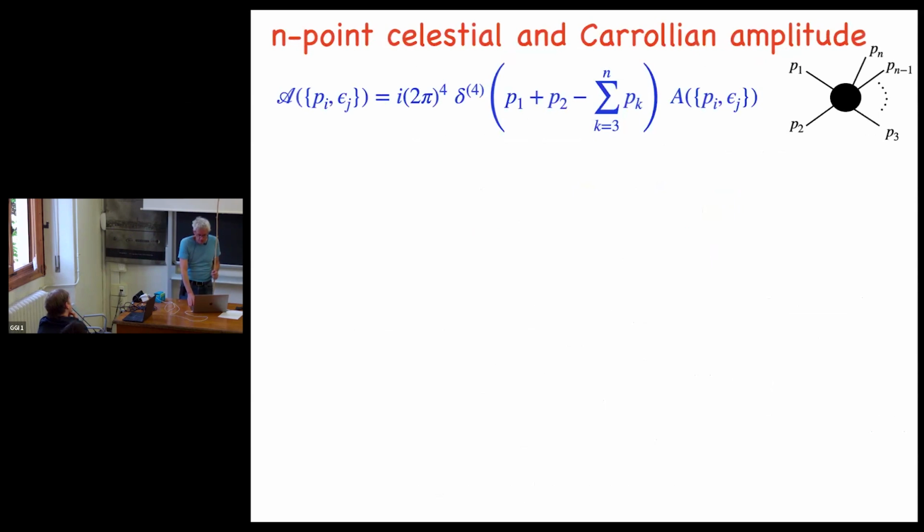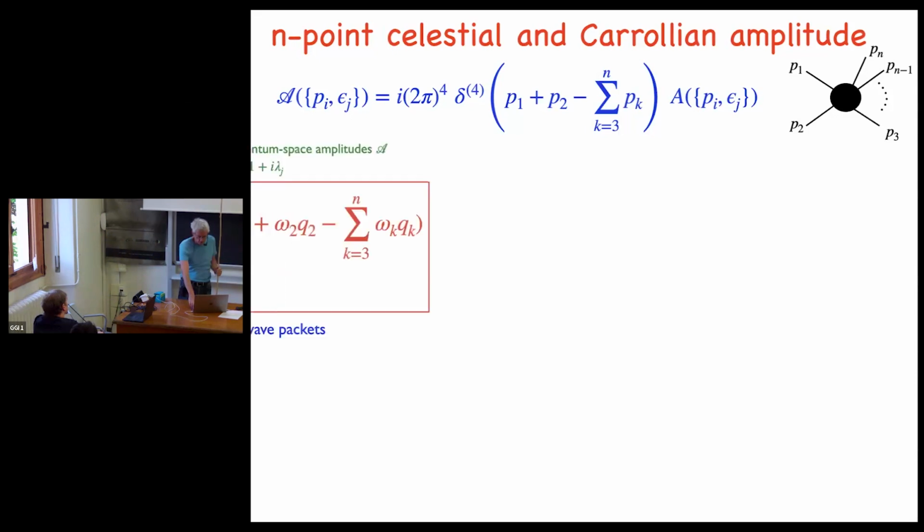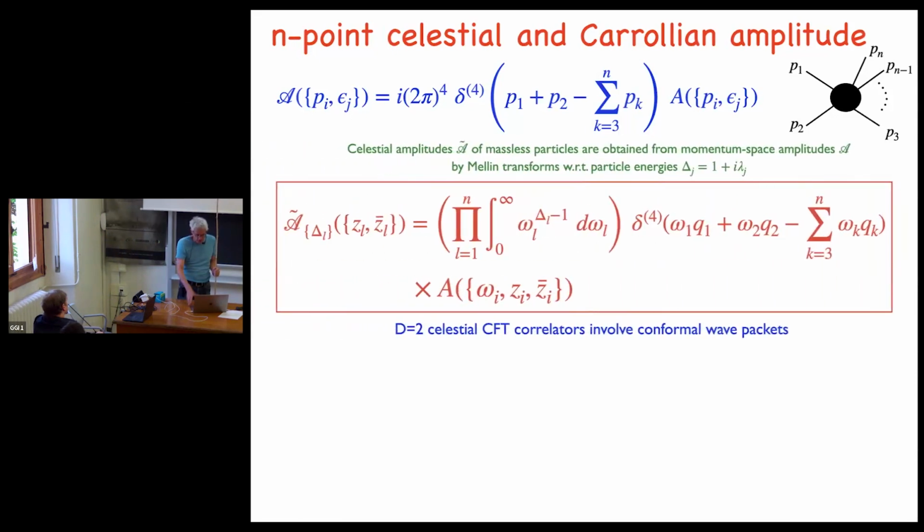Now let's eventually consider amplitudes. So celestial and Carrollian amplitudes. So this is a generic form of an n-point amplitude, I mean, 2 to n in four-dimensional space-time. So we have this delta function, momentum conserving delta function, and there's, of course, some polarization dependence epsilon and an external momenta p. And now, as I said already,